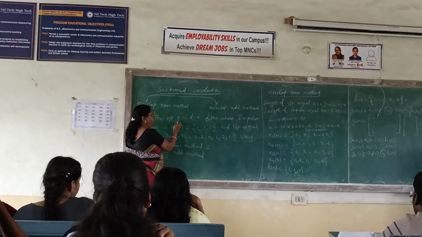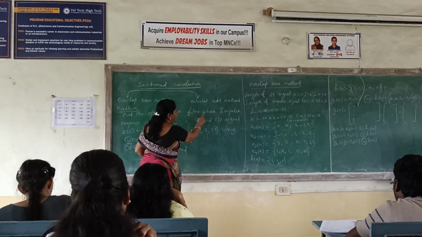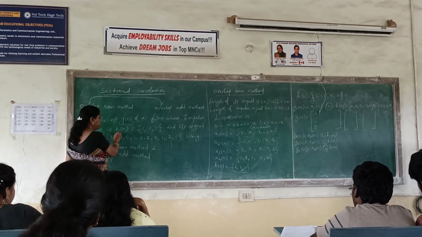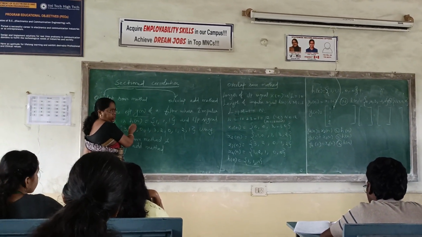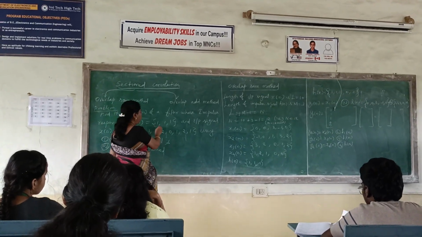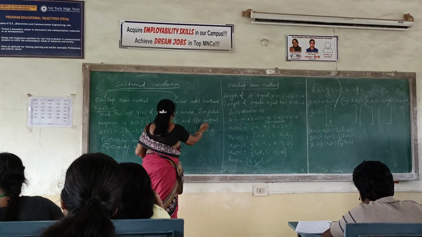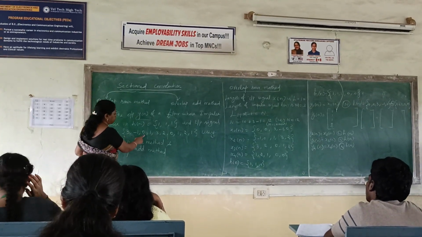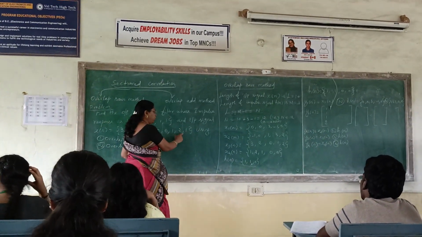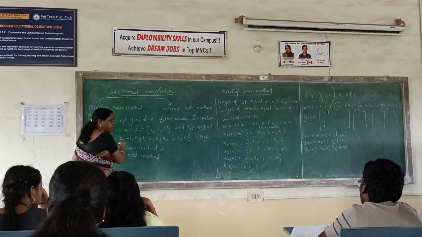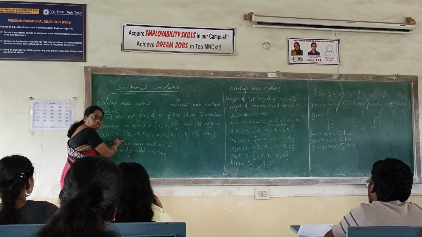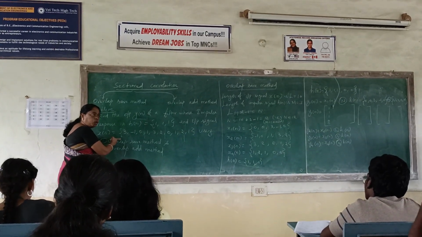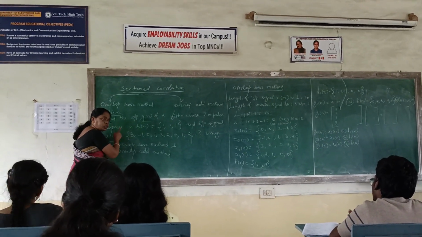Find the output y of n of a filter whose impulse response is h of n. Always the impulse response is designated as h of n. That is 1, 1, 1, and input signal x of n equal to 3, minus 1, 0, 1, 3, 0, 1, 2, 1. You see, this is a long duration sequence, so we are not going to convolve this directly with x of n.